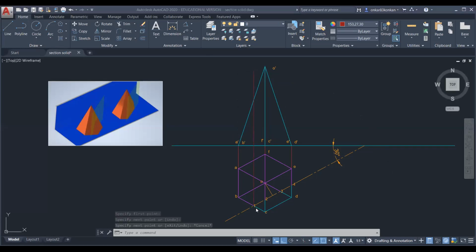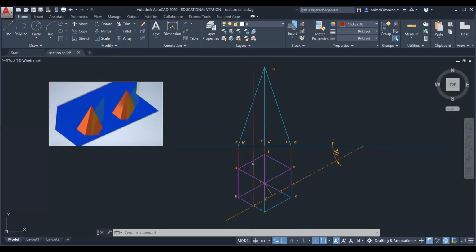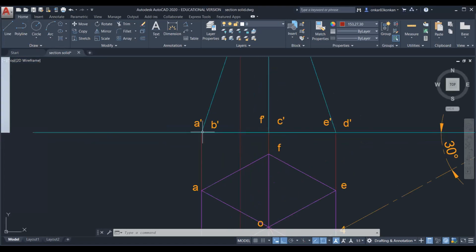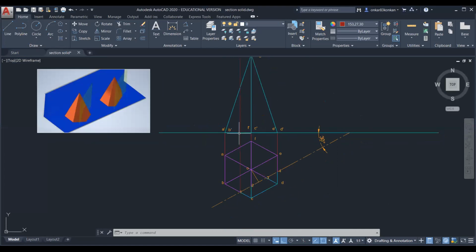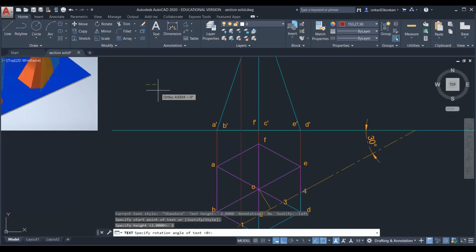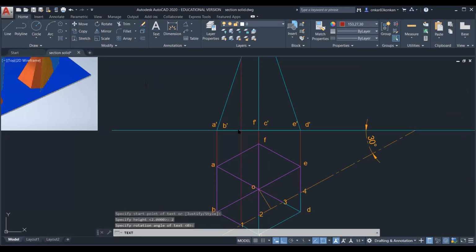Once you project the point 1 in the front view, then point 1 is lying on the base edge BC. You can observe here, this is the base edge BC. So this intersection is the point 1 in the front view. So this is 1 dash point.